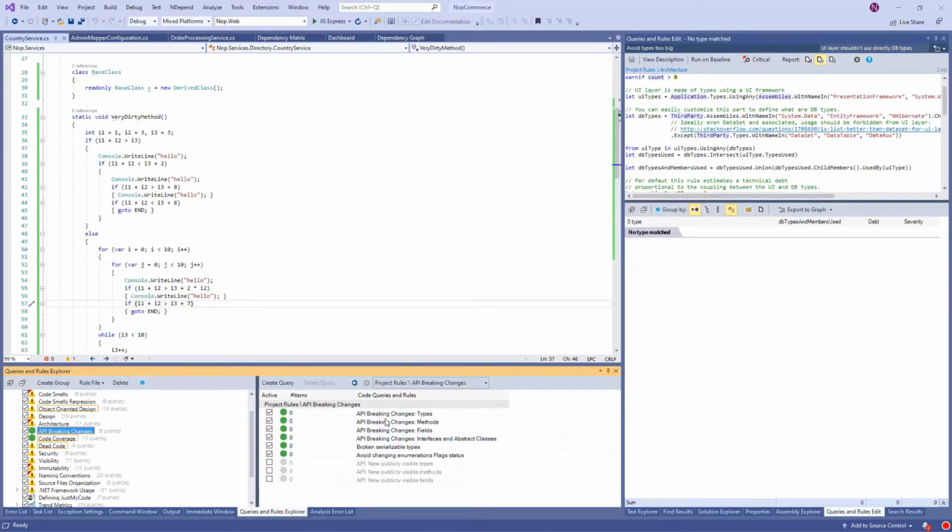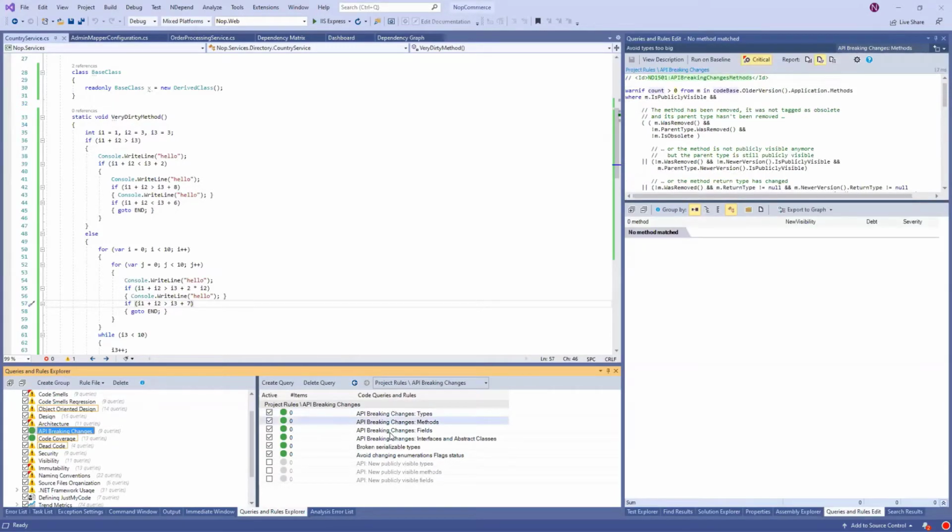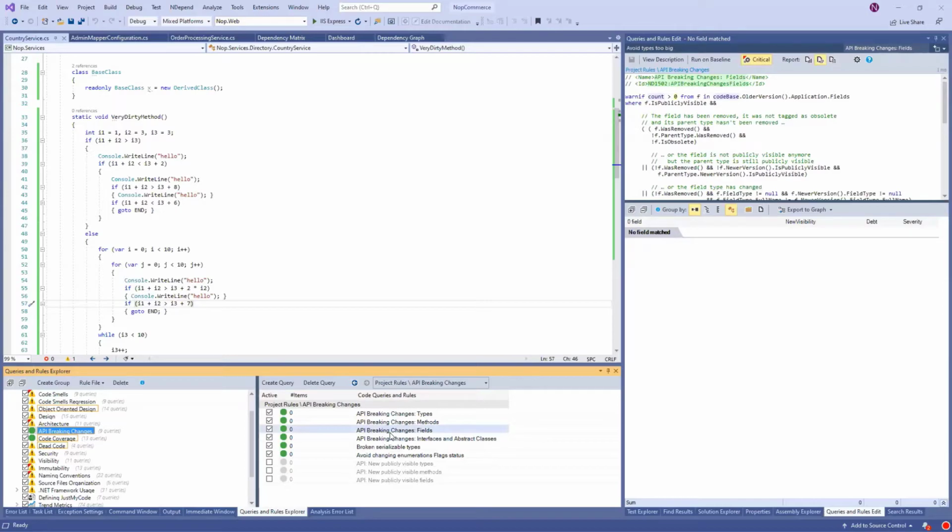You have API breaking changes. Here we didn't introduce API breaking changes, but think of a public type that is consumed by your client, and suddenly you rename the public type, or you remove it, or maybe you make it internal. So your client that was consuming this public type cannot consume it anymore, and then you get public changes. And this is the kind of public changes that NDepend will detect. Here also it's very interesting to have a baseline, because then NDepend knows how it was and how it is now, and can do the comparison.